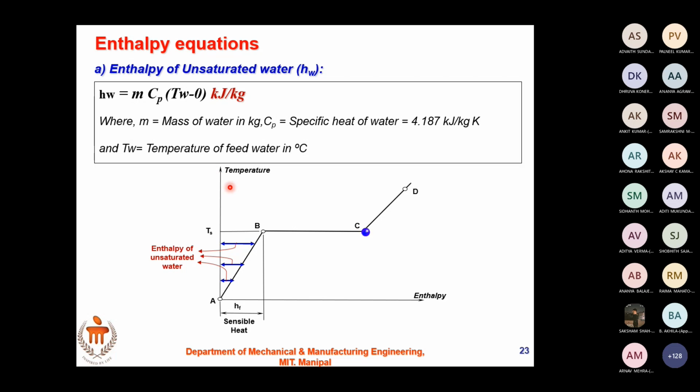See, generally we use this term feed water when we are solving problems on boilers. In a thermal power plant, what happens? In the boiler, we boil the water, steam is generated, that steam is made to impinge onto the turbine, and the condensate is collected and cooled in the condenser. The water that is there in the condenser is once again fed back to the boiler. We are recirculating it. That's why the water entering the boiler is called feed water. Got it? Yes, ma'am.